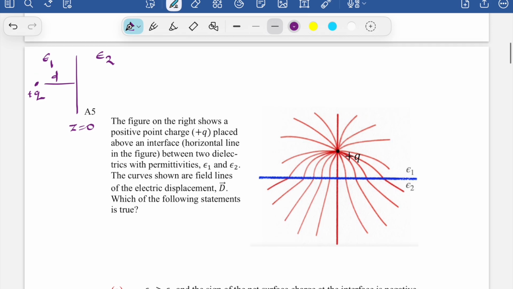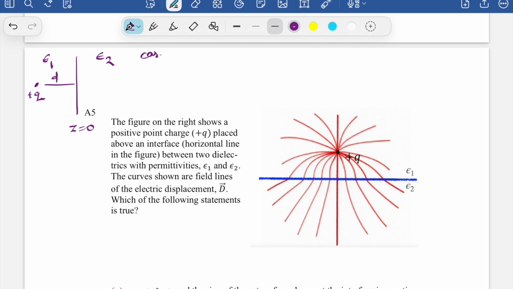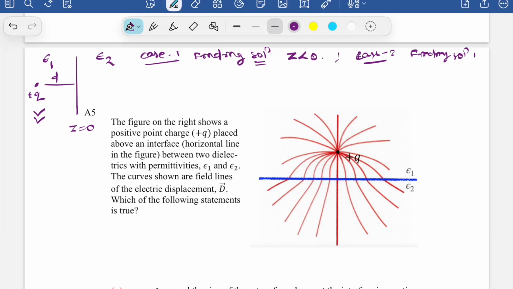To solve this, there are two situations. Case 1, finding the solution for z less than 0, that means for this region, and case 2, finding the solution for z greater than 0. We usually solve this by the method of images, which tells us for case 1, finding the solution for z less than 0,